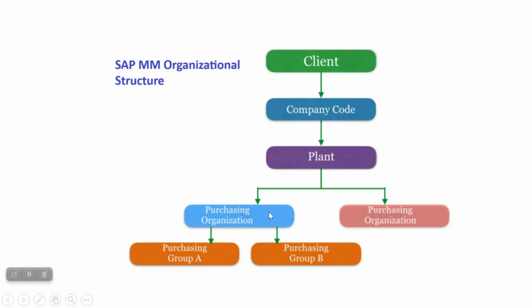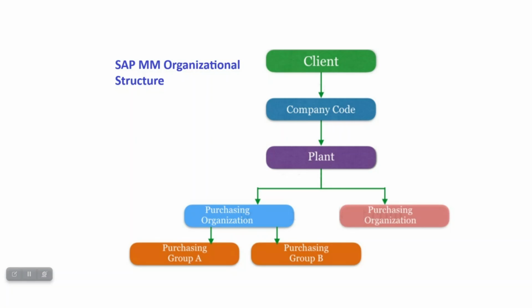The next level is purchasing organization. A purchasing organization is a very important organizational unit within the materials management module. The purchasing organization represents the procuring unit in a legal sense. It's accountable for procurement activities, negotiating terms with suppliers, and ensuring the